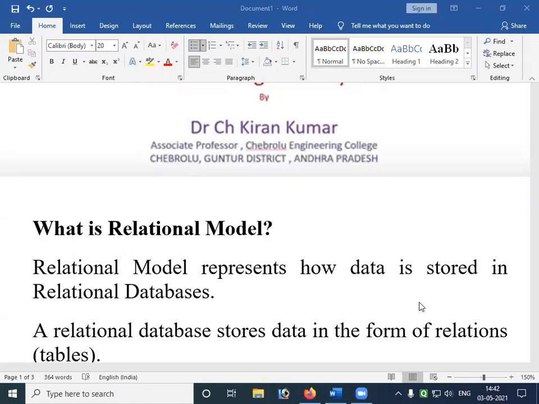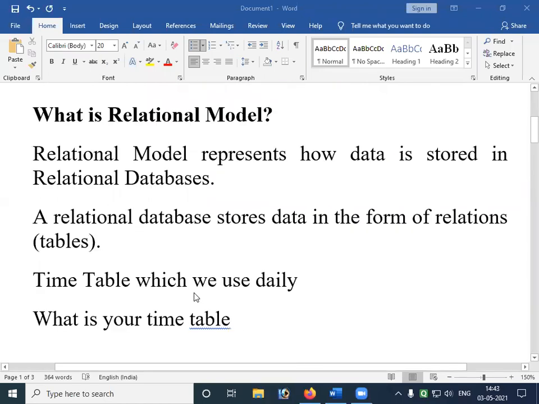For example, if you want to talk about how many corona cases are there in different colleges, or in different mandals, how do you say that? There is one way to say this.